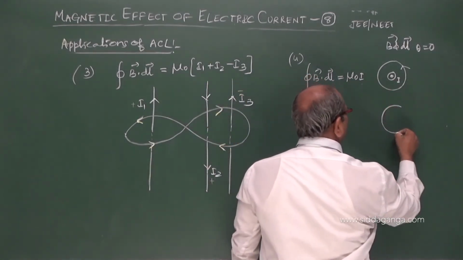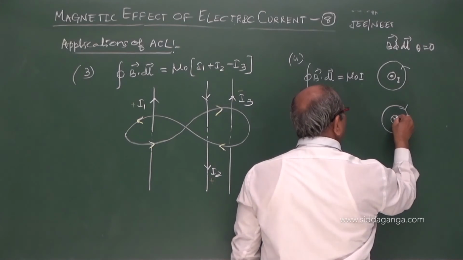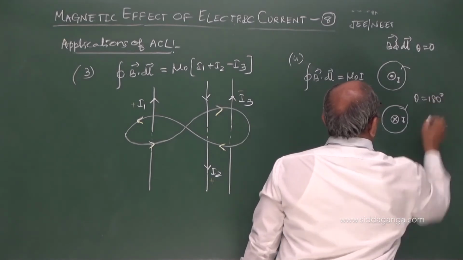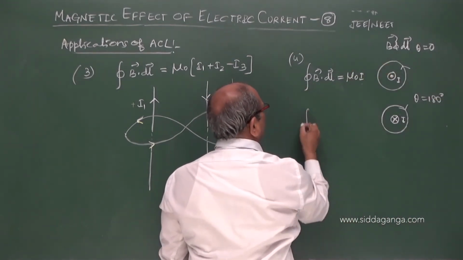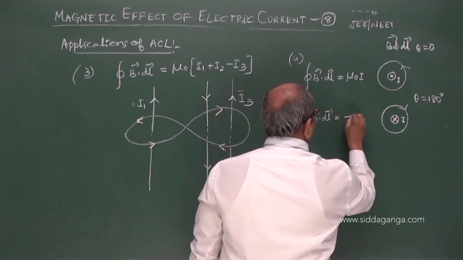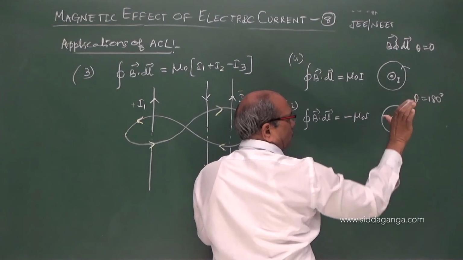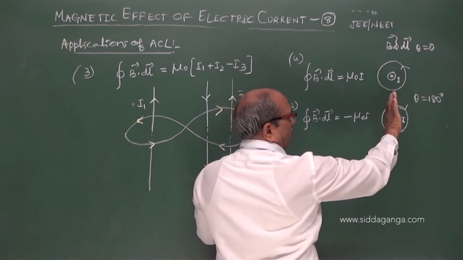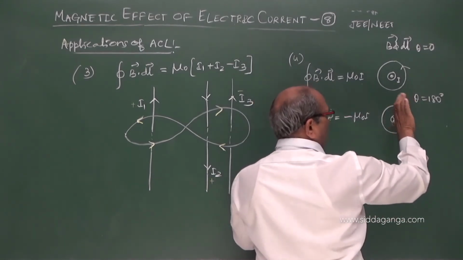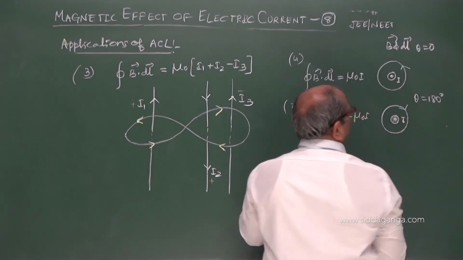Or if you take the same, if you take clockwise, threading is clockwise and current is into the board. Now theta becomes 180, where cos 180 is minus 1. Second case, integral of B dot dl is equal to minus mu naught I. So clearly visible, but current is into the board, I take the thumb. Now clockwise. Sorry, I and both are positive in this. If I take this, I make a correction, I put the current in the same way.